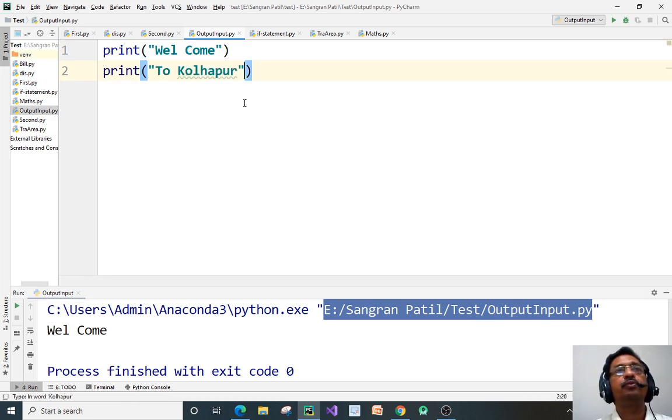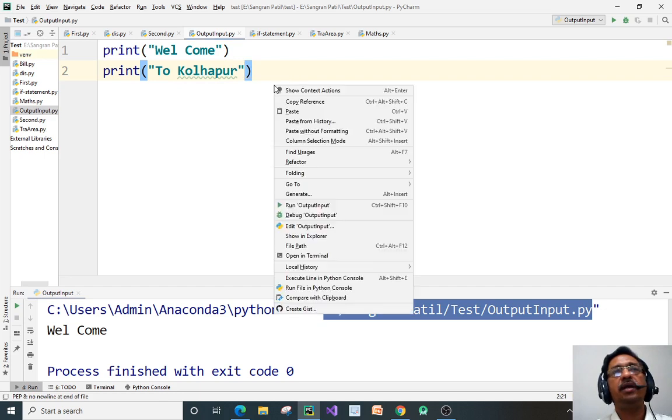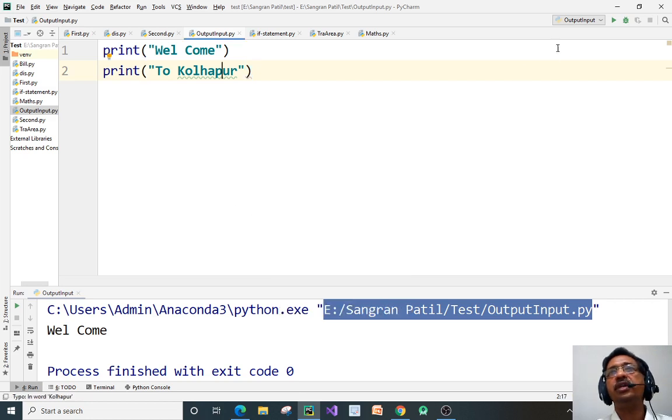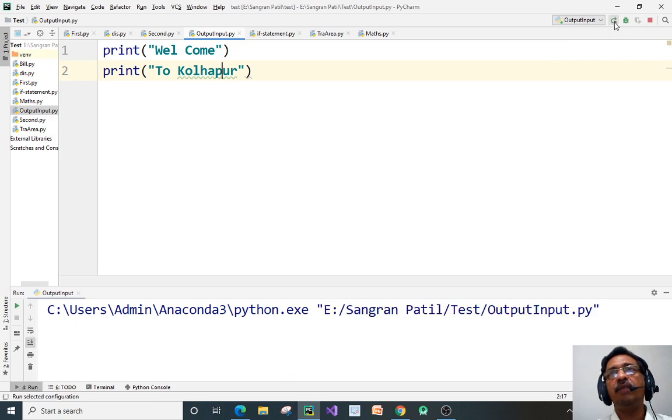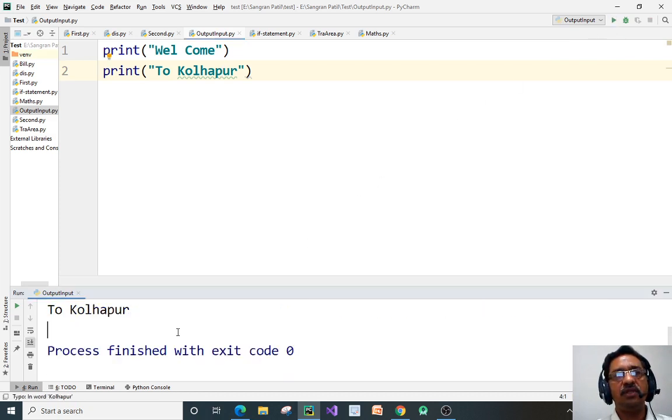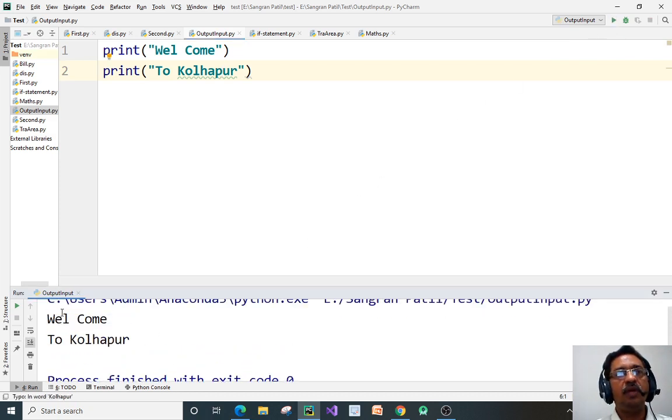Okay, now if I add one more statement here, like print welcome to Kolhapur. Now to execute the program, again right click and click on this, or now you check here on the right hand side top. Now here we are getting the option directly. Initially it won't give you that when you start the program for the first time, but when you execute the first time, then it gives you the option here. Then you can click directly on this green play button. So just scroll up, it will give you welcome to Kolhapur.